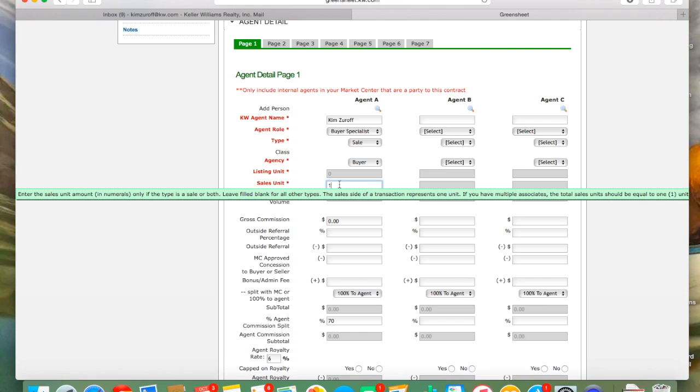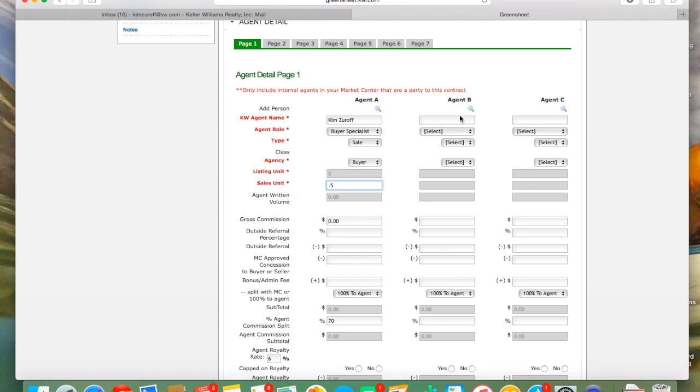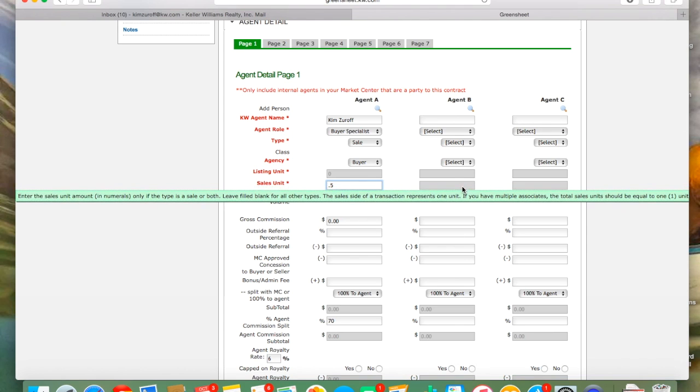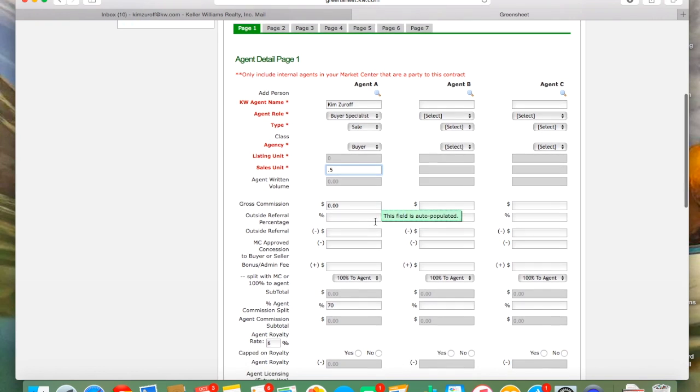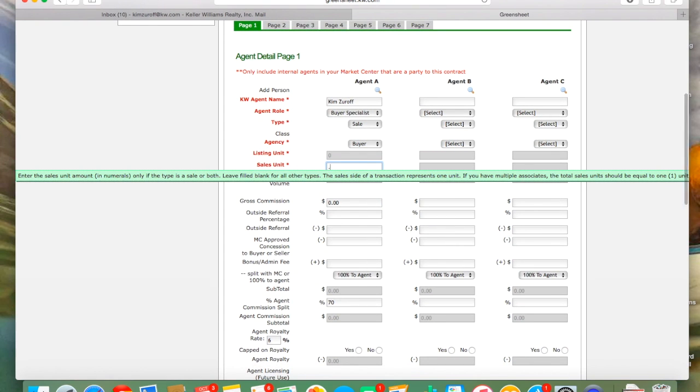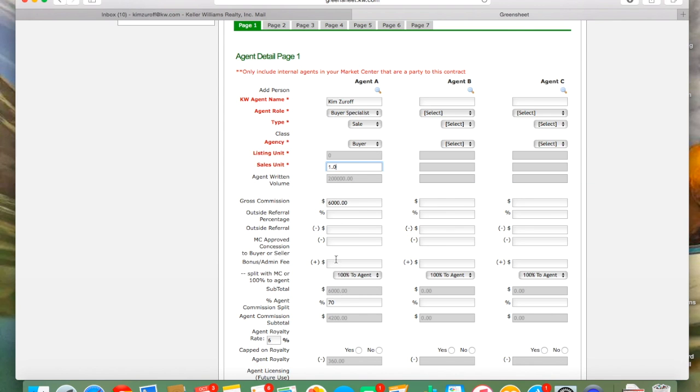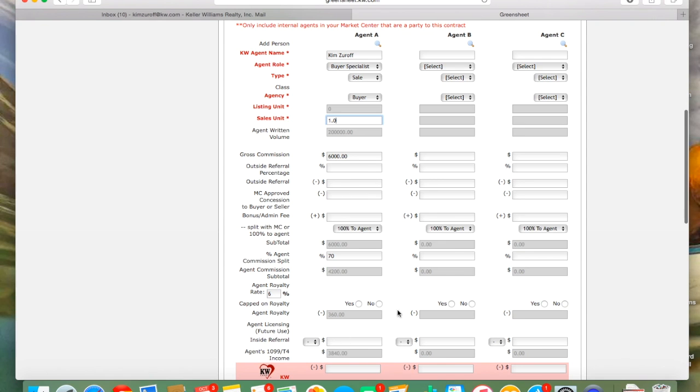Unless you're going to be splitting the transaction with another agent, then let's just say you're splitting a transaction with another agent, you're going to put 0.5. And you're going to put that other agent in agent B, and they're going to get 0.5 as well. So after you do that, so we're going to go back and put 1, it populates this right here. Now these are going to be your splits to the market center,